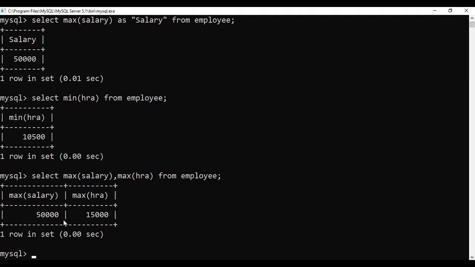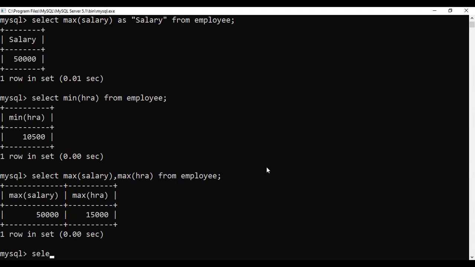You can see it will display the values. Now all the conditions you have studied in class grade 11, you can apply over here with the where condition. All those will work over here in aggregate functions also.